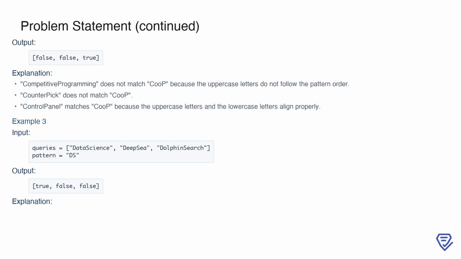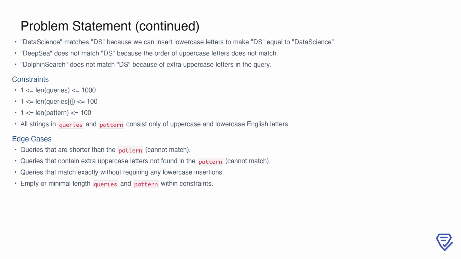matches the pattern. Finally, in the third example, we have queries as data science, deep sea, dolphin search, and the pattern is DS. The output is true, false, false. Here, data science matches because the uppercase letters D and S appear in the correct order, and we can insert lowercase letters to form the query. However, deep sea does not match because the uppercase letters in the query do not follow the required order of the pattern. Similarly, dolphin search does not match because it contains an extra uppercase letter that is not part of